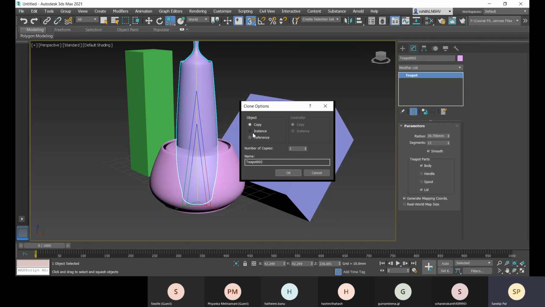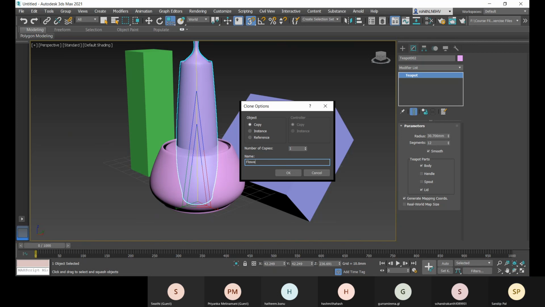You can choose copy, instance and reference. When you do the copy option, it is totally unattached, non-associative, not linked with the main object. And you can name it differently, like teapot or flower vase.